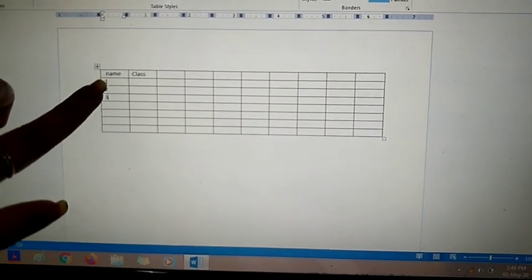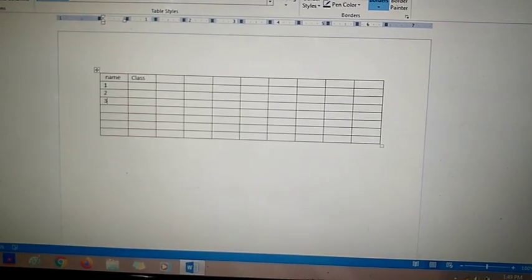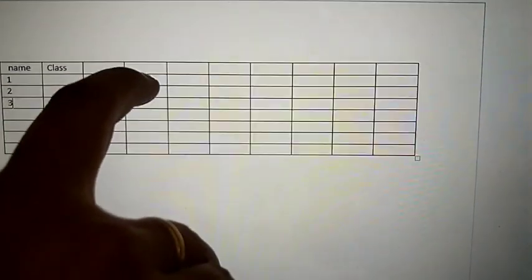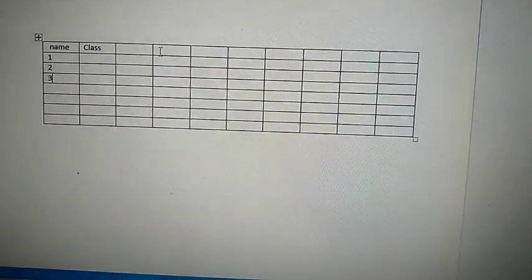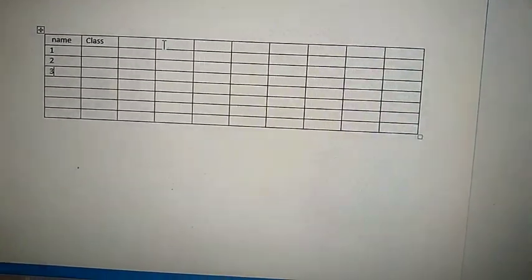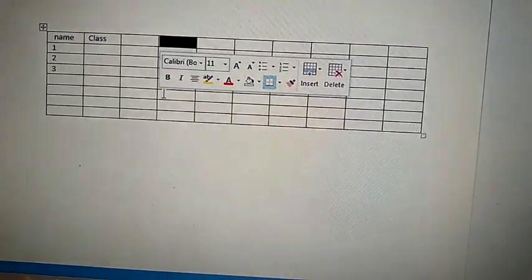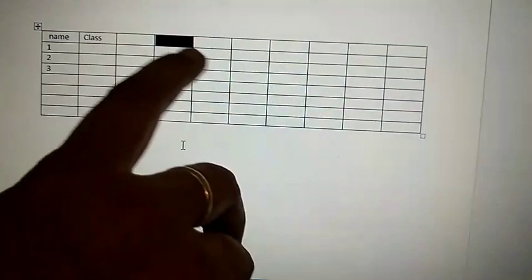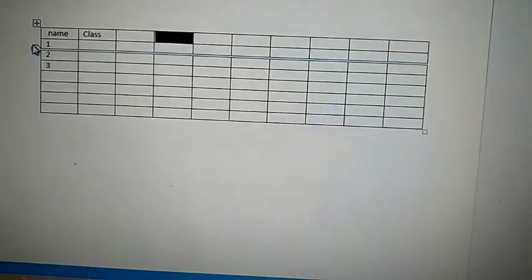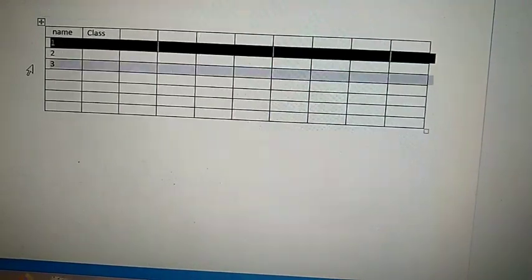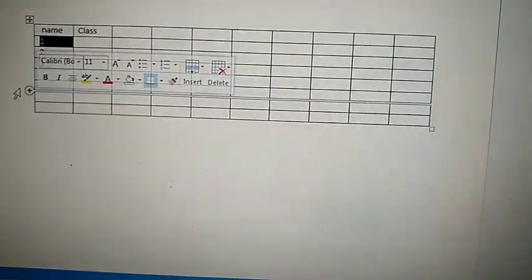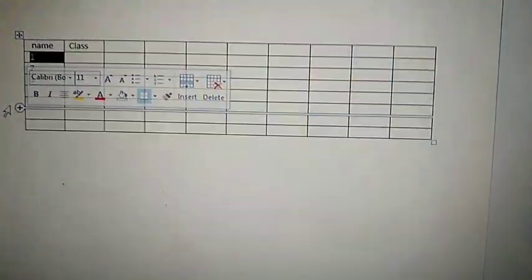If you have to select a cell, the first one in your book is a cell. A cell means only one single box. So you will click in front of the box. Like I want to select this fourth box, so I will bring my cursor here and click in front of the box. Now you can see this one box is simply selected. Like I want to select this number 1, only this first one. So you will click only in front of the first one, and only this single cell will be selected.